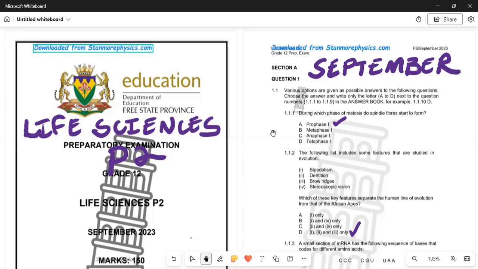Today we've got what we call an important measure, which is a paper that was written last year, September 2023, Life Sciences Paper 2. Let us ensure that we use this effectively. We use this to measure ourselves because we've got to write Paper 2, and today we are starting